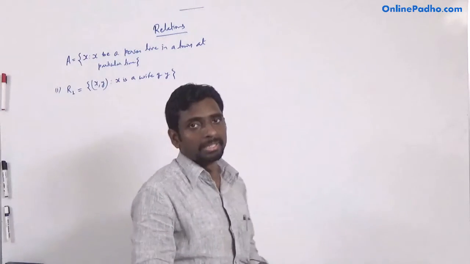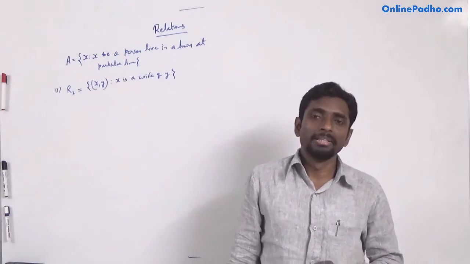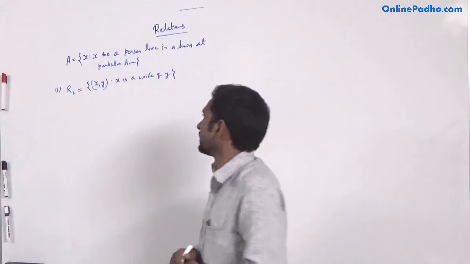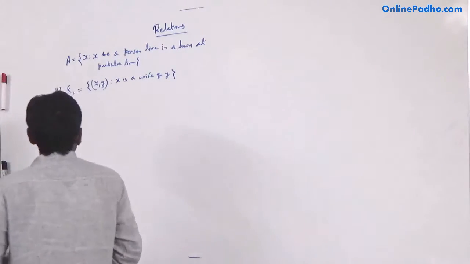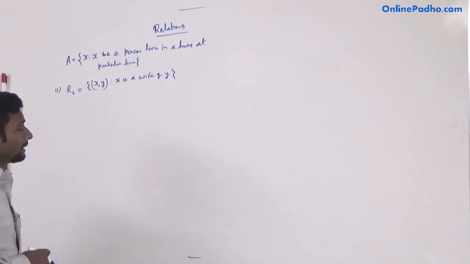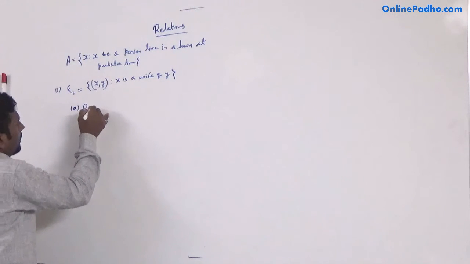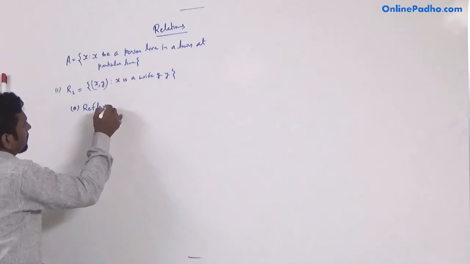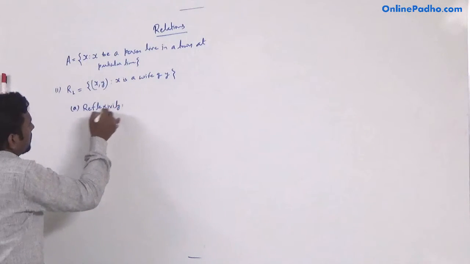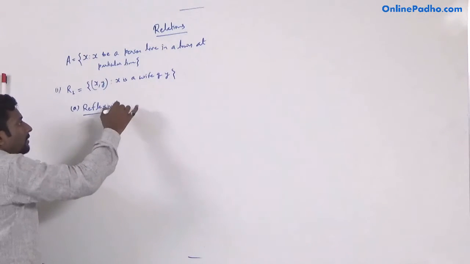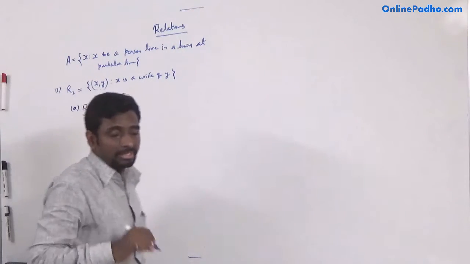We have to check the reflexivity, symmetricity, and transitivity for this relation. For reflexivity first: can you say that this relation is reflexive or not? No, this is not a reflexive relation, because for a reflexive relation,